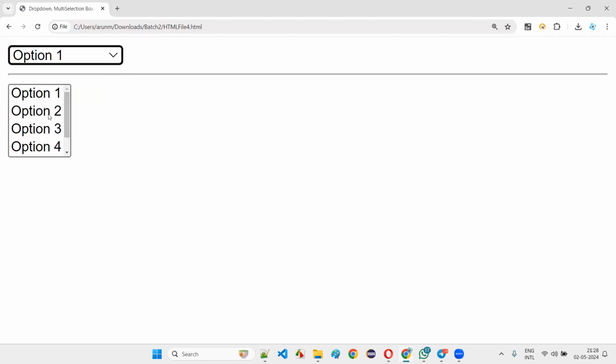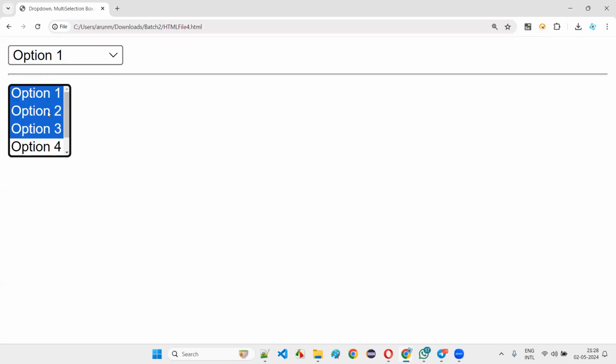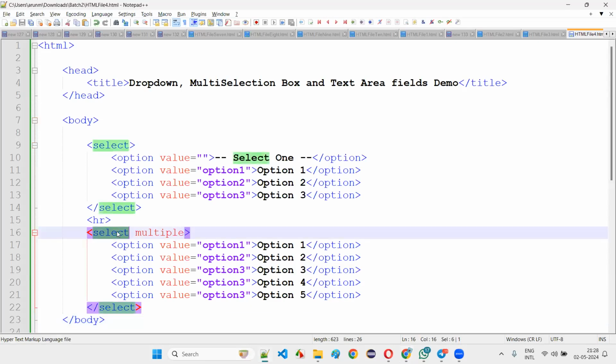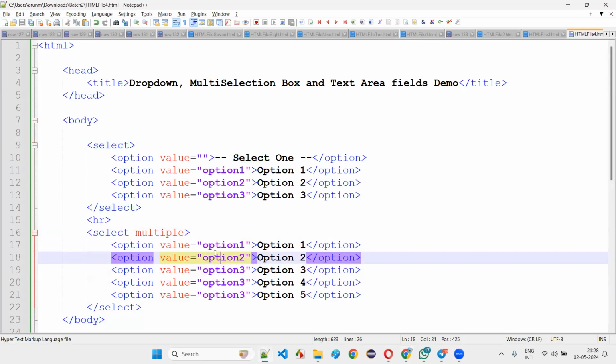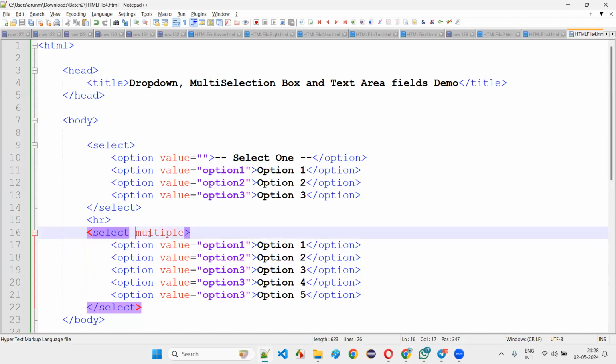Simple. For a multi-selection box field, to select multiple options manually, you have to press and hold the control key on your keyboard and click with the mouse left click. If you don't do that, only one option will be selected. If you press and hold the control key and then do the selection, it will be selected. You can select and deselect also. By using multiple, we can convert a drop-down field into the multi-selection box field. The tag name is the same, the options are the same, the value attributes are the same, everything is the same except this multiple